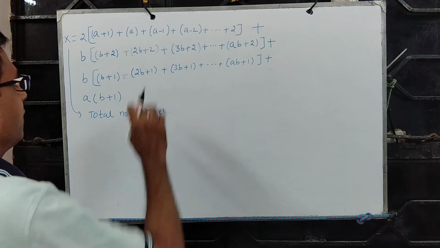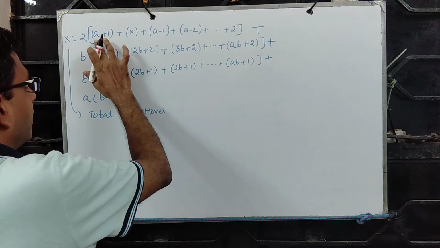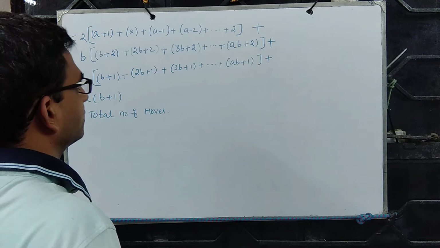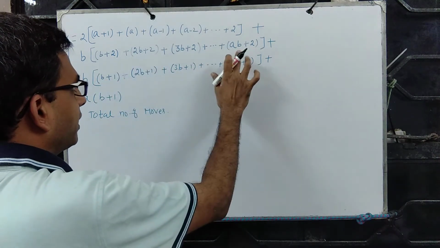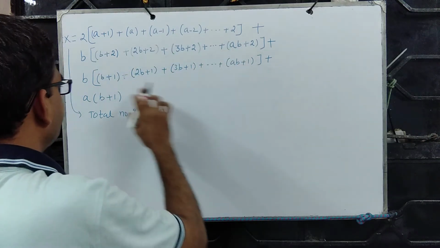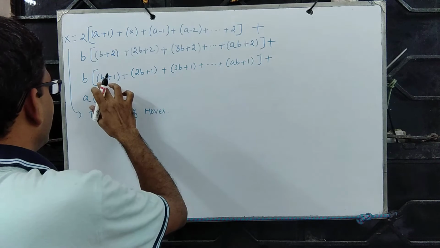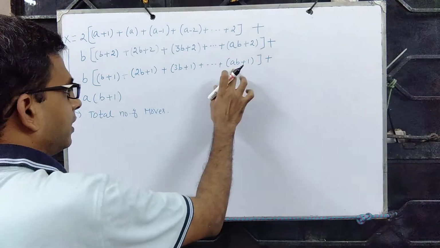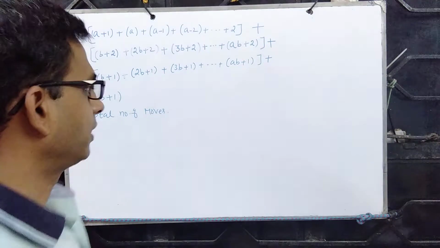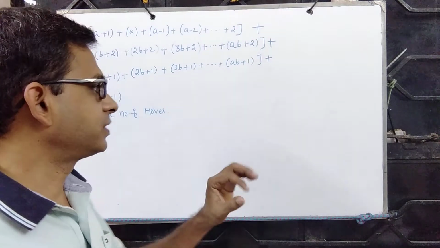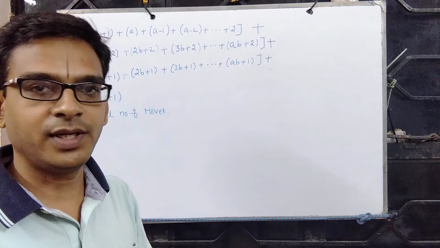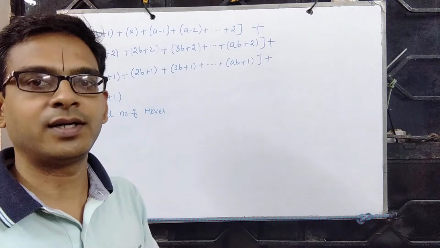Fine, so that's all we have, and so you can take A out and you can count how many times it's happening. Similarly, you can take B out and look at the AP, 1 plus 2 plus 3, and so on up to A. Similarly, you can take this B out and look at the AP, 1 plus 2 plus 3, and so on up to A. And over here it is AB. So this is all we have. We shall now see the overall time complexity as a function of A, B, or something like A plus B or AB.